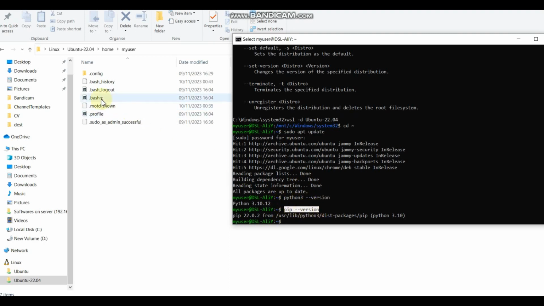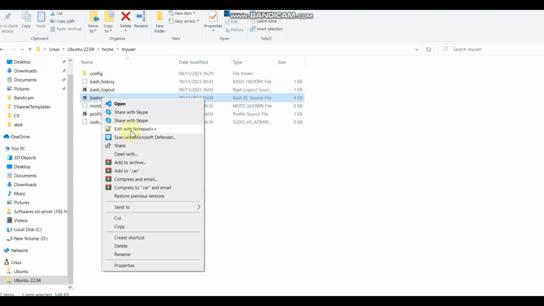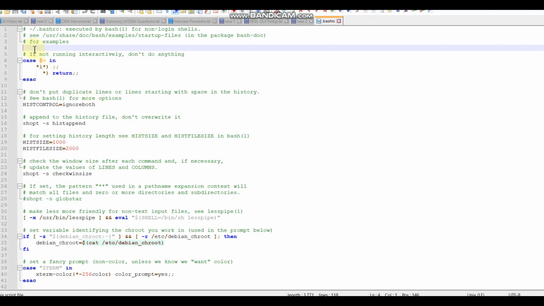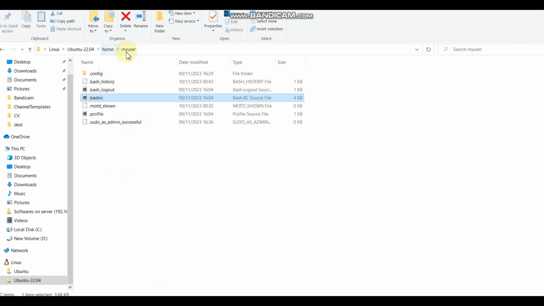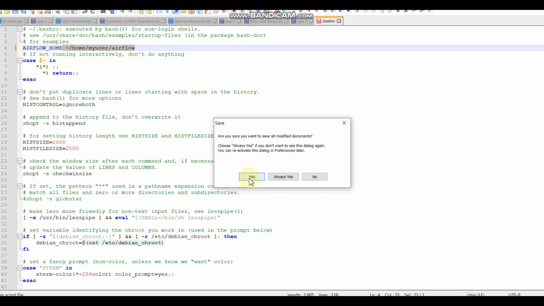Now the next step is there is a .bashrc file. We need to set our Airflow path here, so I'm going to open it, and here I'm going to paste a command in this line. I need to change my user because my username is my user. So let me verify this. Okay, home my user. I am not going to create the airflow folder right now, but I assume that /home/myuser/airflow will be my path of the Airflow home directory. So that's why I set it. I'm going to save this file,